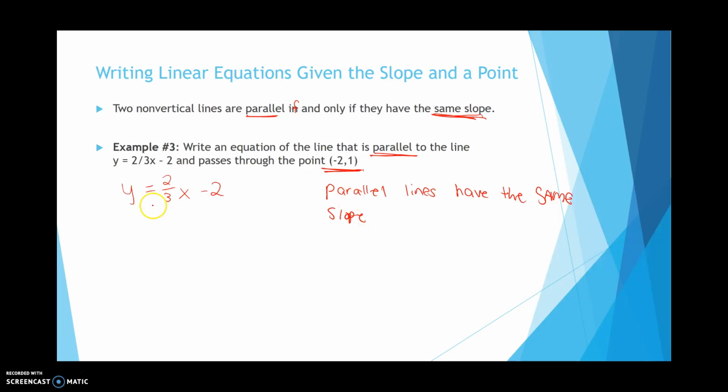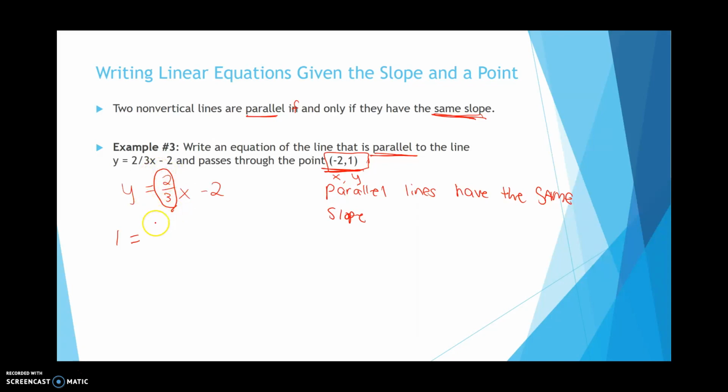So if this equation has a slope of 2/3, my new equation has to have a slope of 2/3, but now we have to use our new given point here of negative 2, 1. So let's set this up and solve. We're first going to find b. So negative 2 is representing x and 1 is representing my y. So I'll set this up as 1 equals, my slope